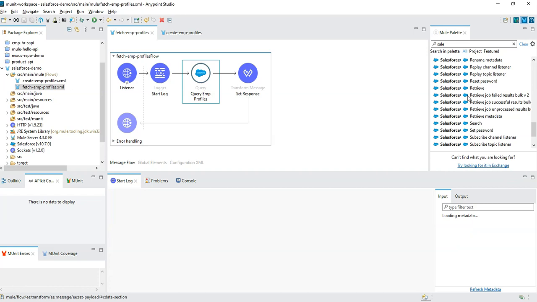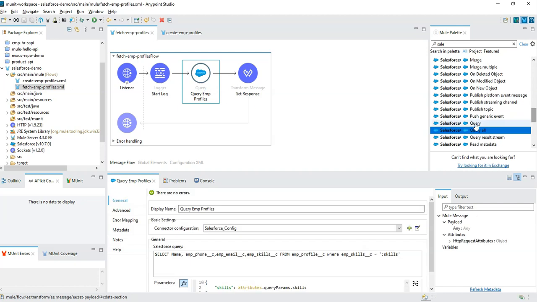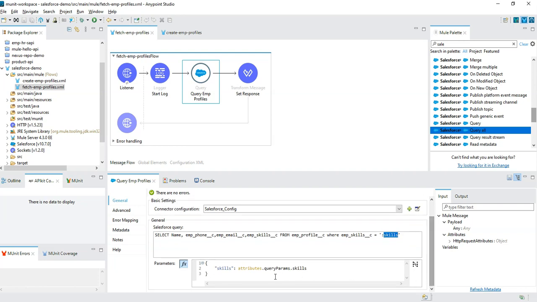Here I have dragged and dropped the query operation from the Salesforce module, and inside this I have written: select name, EMP phone, EMP email, EMP skills from EMP profile, where EMP skills equal to skills. Then I am sending the skills as a query parameter.